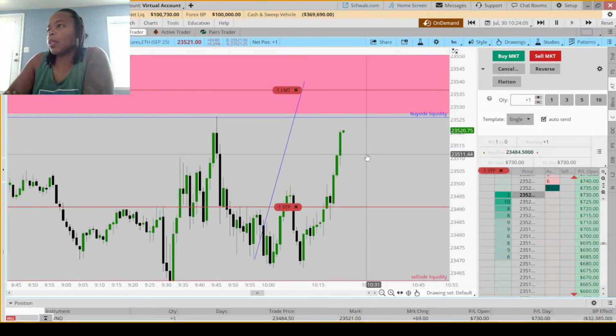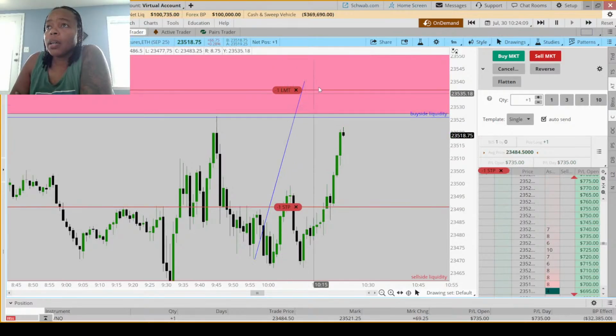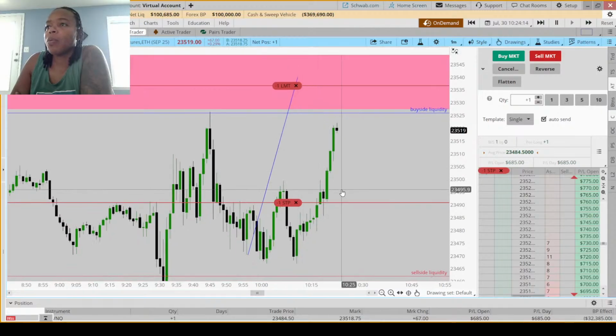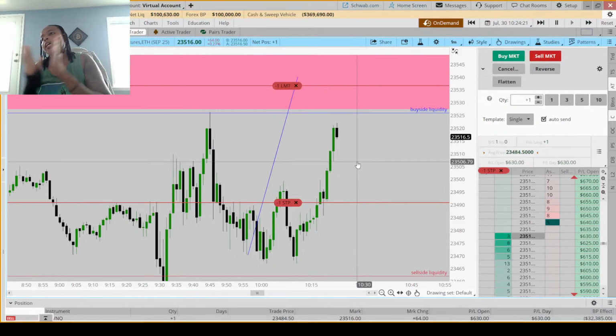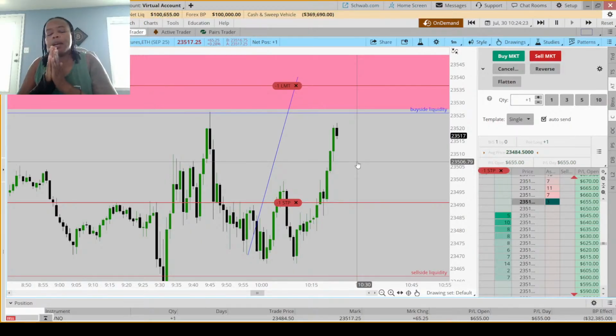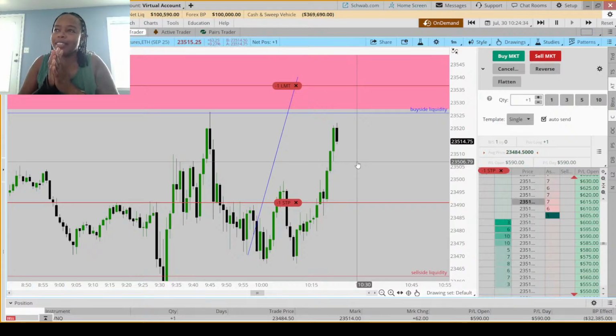So it's nice to see that moving up. And I want to see if they can get to that limit order. So we've got one fair value gap, two, we're making a third, we're just gonna let it sit. Let it ride, let it ride. I'm trying my best not to move, to hold on to 500 of this trade. Trying my best, coach. It's hard. But that's what we're here for, right?